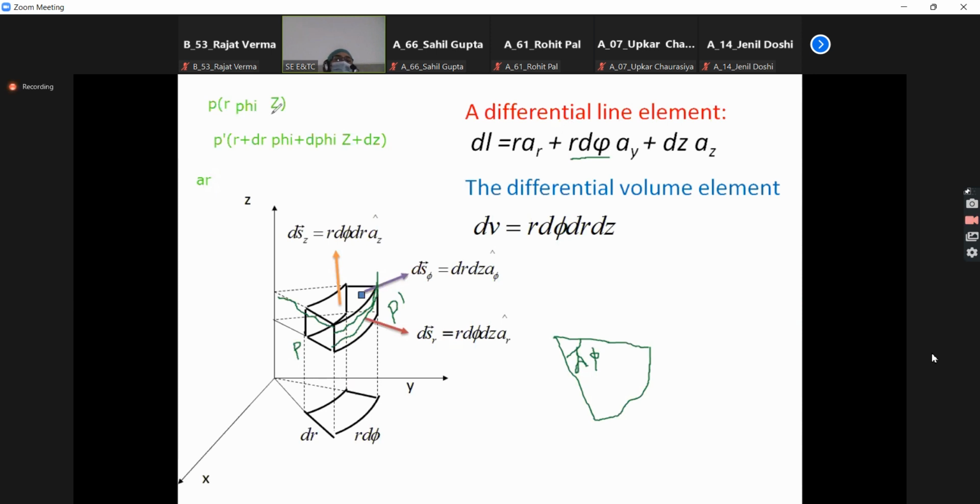ओके, सो जब भी आप इसका वेक्टर लिखोगे, तभी क्या होगा? r plus dr minus r will be यहाँ पे dr होना चाहिए, वहां पे dr. ओके, फिर ये जो है phi और d phi, phi plus d phi minus phi, तो minus करोगे तो क्या होगा? d phi आएगा. लेकिन यहाँ पे सिर्फ d phi नहीं लिखना है, यहाँ पे r d phi लिखना है. So we are considering the arc length. और z plus dz minus z will be dz. सो ये यूनिट जो लाइन एलिमेंट लिखा है ना, ये लाइन एलिमेंट ऐसे लिखा है considering the,